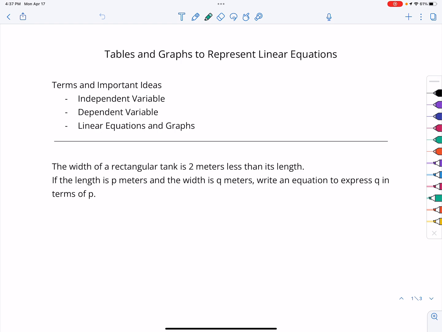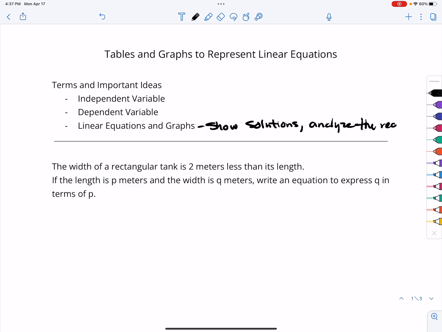So this is from Chapter 8, Lesson 2, and in this video we're going to be talking about independent variables, dependent variables, and then how we can use linear equations and graphs to show solutions to an equation and analyze the relationship